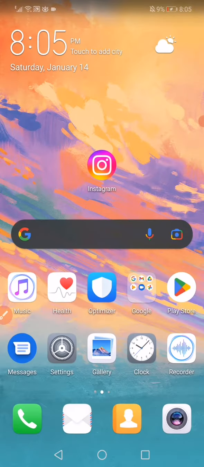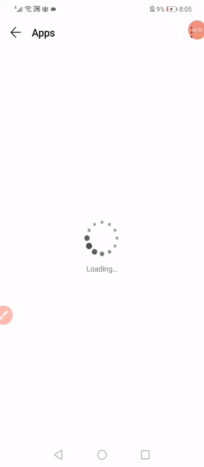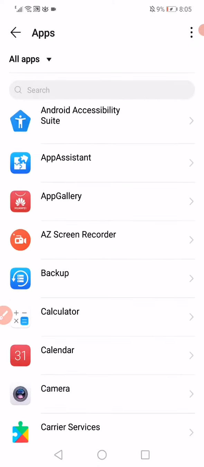After that, you have to go back into the settings on your phone, open the settings, and then go to the apps manager like this. After you go to the apps manager, now on this page you will find all the apps that you have on your phone. So all you want to do here is very simple. Scroll,